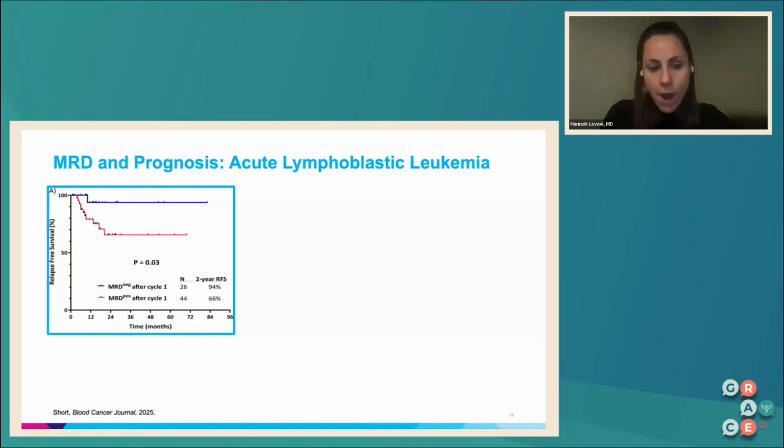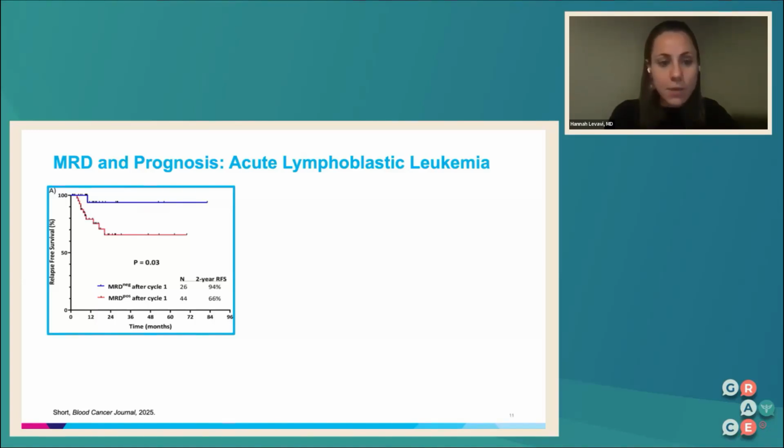And in this paper from MD Anderson that was just published this year, they looked at whether using NGS, or next generation sequencing, that most sensitive MRD detection method, has the same prognostic significance as we saw using flow cytometry